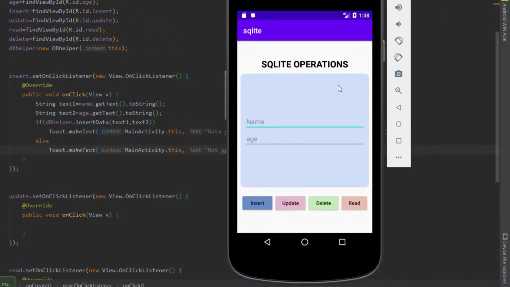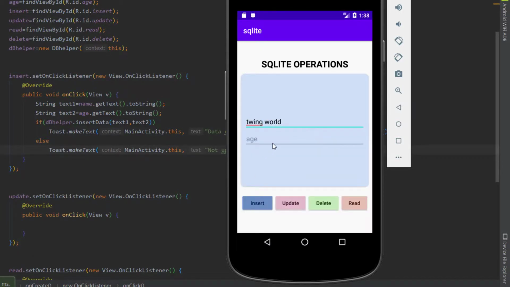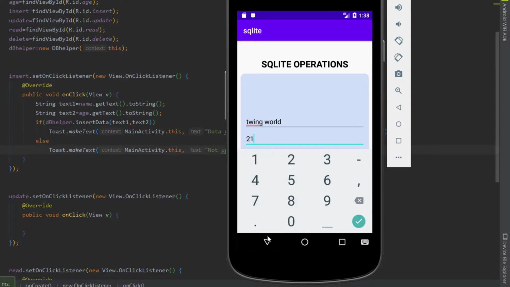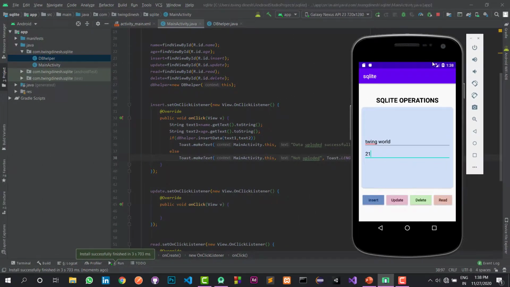Here we can enter our data. Let's say Twin World, and the age will be like 21. So let's click insert. Oh no, I think I have made some mistake in the queries, so let us see that.